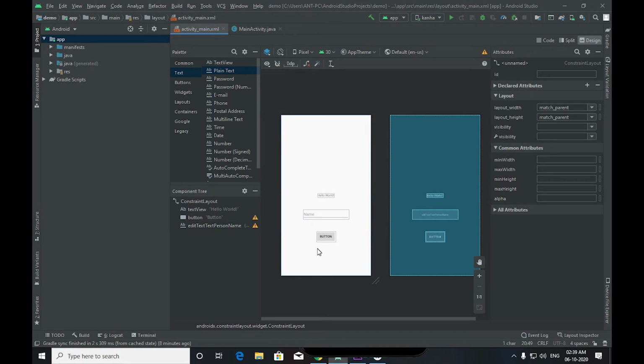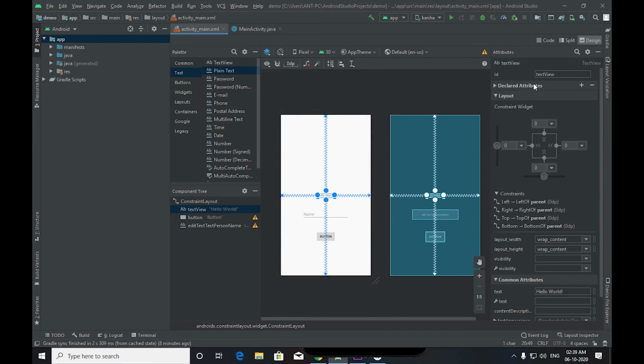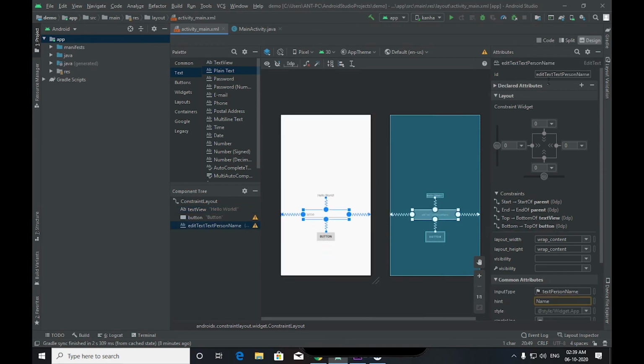So what we are going to do in this application: when you click the button, the name written in this edit text will be shown on this text view. So let's just change the id. We need ids, which are very important for our Android project.